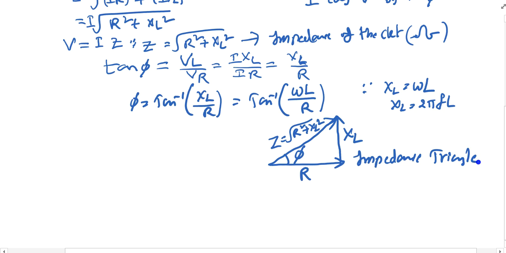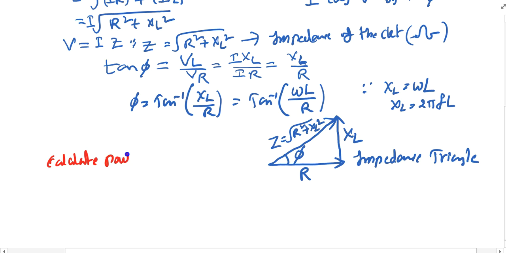What is the significance of this impedance triangle? Suppose you know R and XL, you can find Z. Otherwise, if you know Z, R and phi, you can find XL. So to find the different parameters, you can use this impedance triangle. Now we'll calculate the power. What is the power